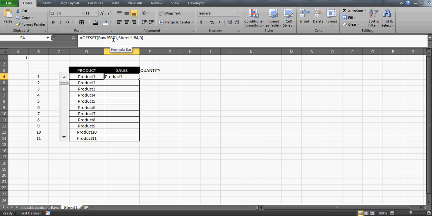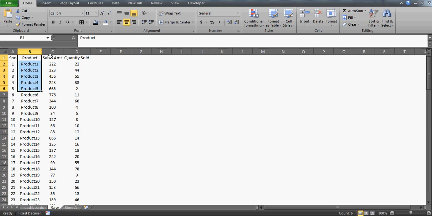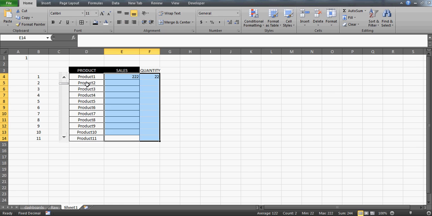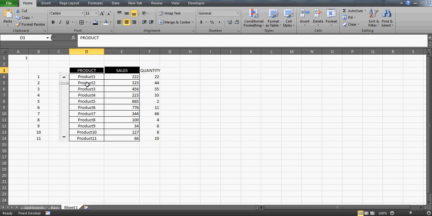Instead of this B1 now, what you need to do is say C1, right? Because your reference point is not going to change, because the sales amount is in the C column, right? And similarly, just again come here, press equals, and write the formula, and this will be D, right? That's the quantity sold. And just drag this formula, Control D, and let me just